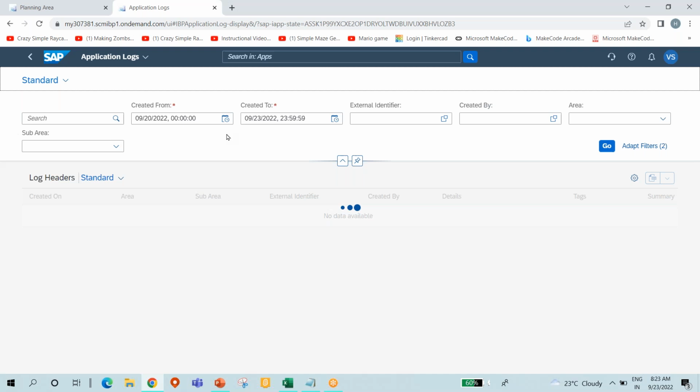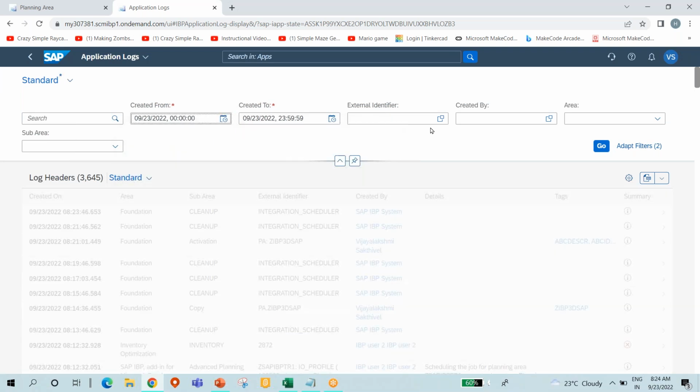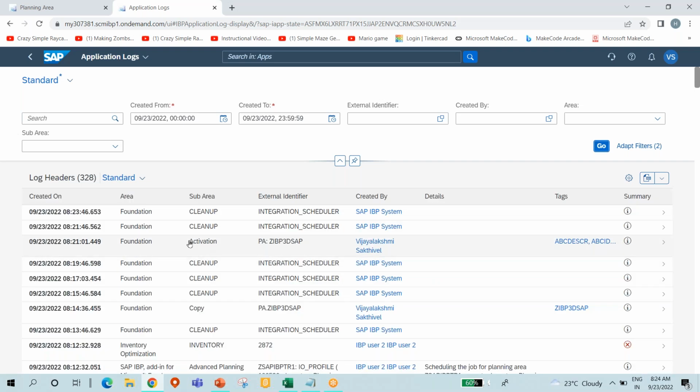screen, and it will just tell me which day I want to see the log. I can just reduce this. For example, today is 23 of September, and for 23 of September, I can just say logs. So now this is the log of the activation which is going on for the planning area ZIBP 3D